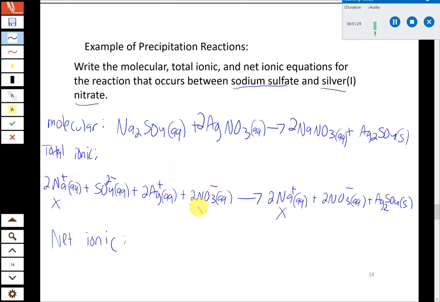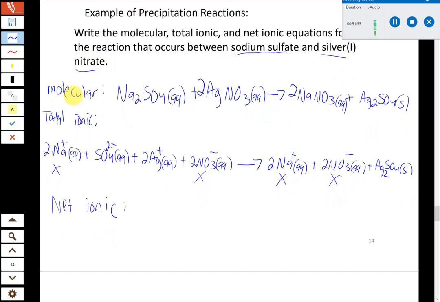And then we also have 2 NO3- on the left and the right. So sodium and nitrate are the spectator ions. We want to get rid of those to write our net ionic equation. So the net ionic is going to have 2 Ag+,